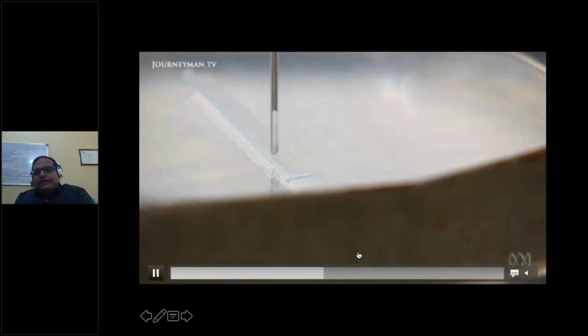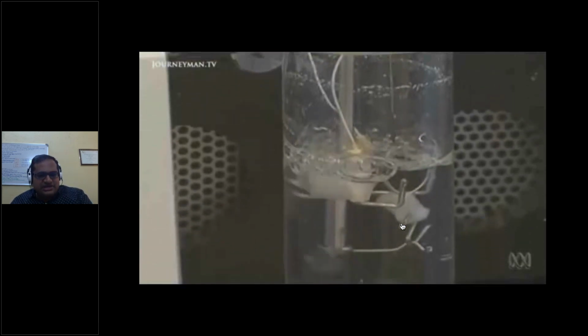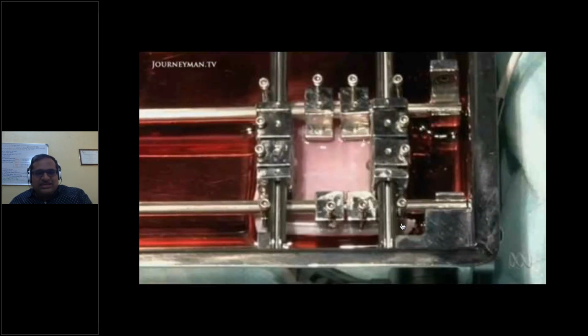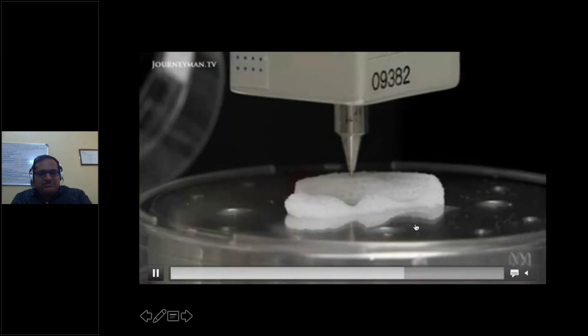But if you see the developments and applications as of now, it may be simple organs or simple tissues like skin, or, as we just saw, a bladder, or canals like root canals. These are very simple organs. But if you talk about the most complex organs like kidneys, heart, lungs or liver, those are very complex.